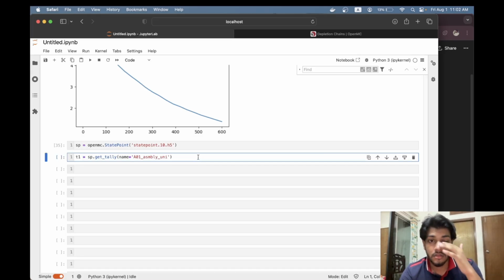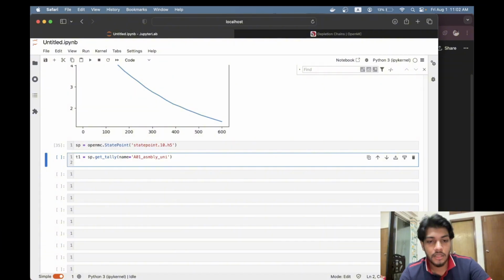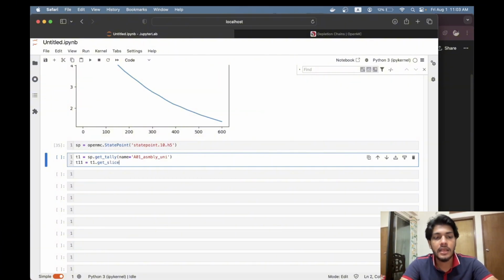So the tally is here, and then the tally data is carrying two data, flux data and heating local. So I have to distinguish these two individually. So I have to say tally.get_slice. So get_slice, what it does, it actually creates a tally from a tally. Okay, so get_slice, you have to give it a scores, that which scores data you want. Actually I want flux,